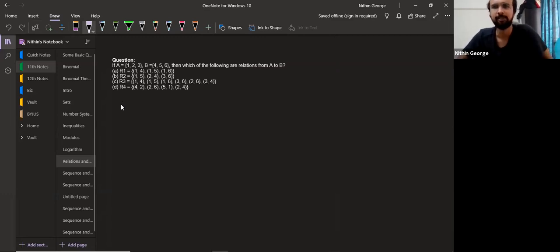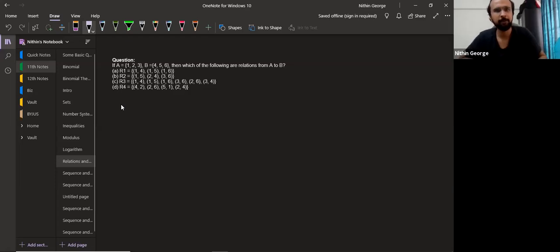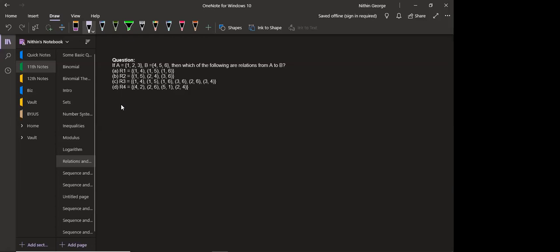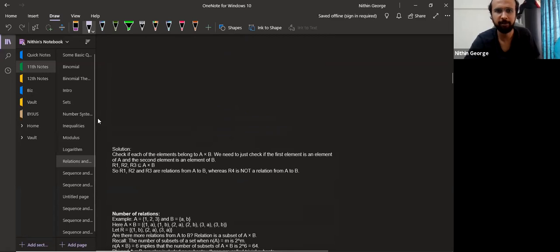Absolutely right, Srivatsan. Thank you. Okay. First element is from set A, second element from set B. Anything else you care? No. Okay. R1, is it valid? Yes, sir. R2, is it valid? Yes, sir. R3? Yes, sir. R4? No, sir. Absolutely. Any doubts here, guys? Okay. Move ahead.